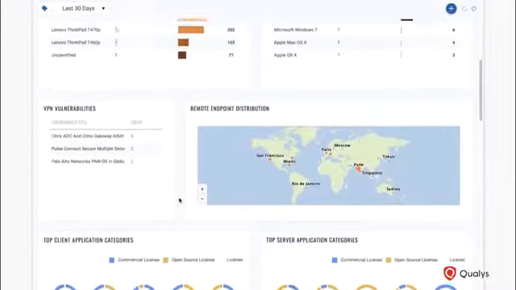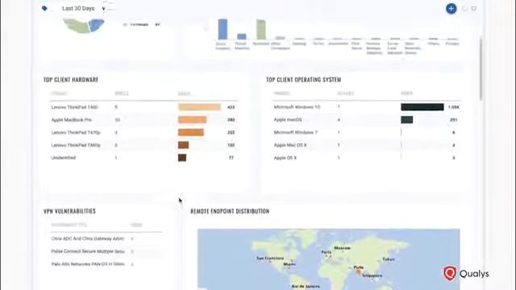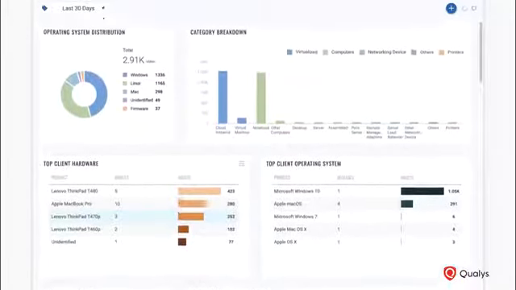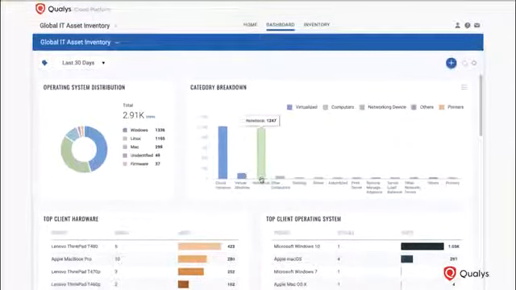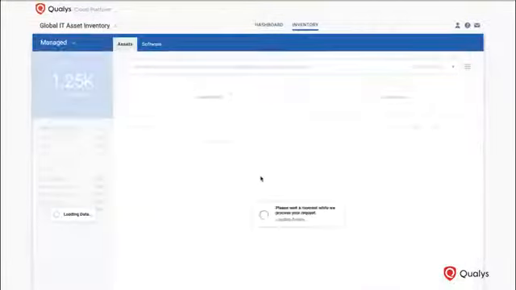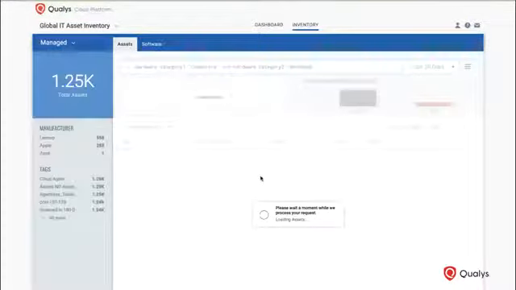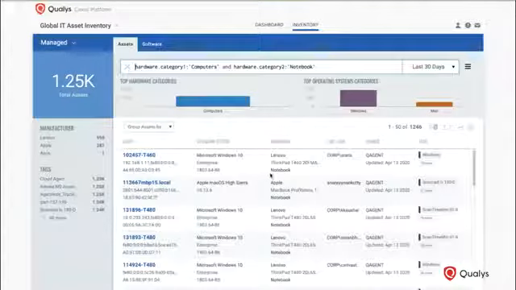So let me scroll up here and then see if I can click on the notebooks. So there's about 1,200 or so notebooks. Clicking on that will give the latest notebooks that are connecting, where they are, what's on those notebooks. We categorize very quickly on our own, provide information about the operating system, so you can see the Windows versus the Macs. But the really cool part of how all of this gets connected in a single workflow is the ability